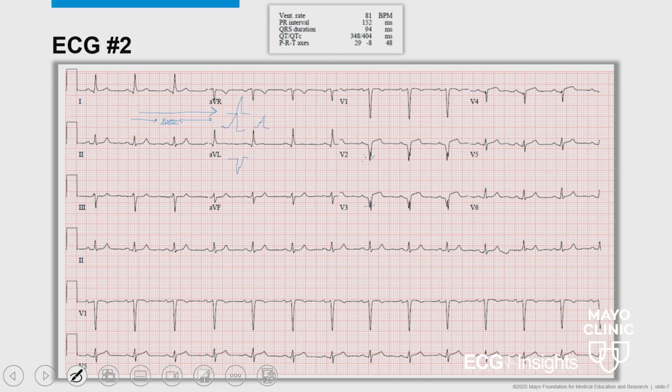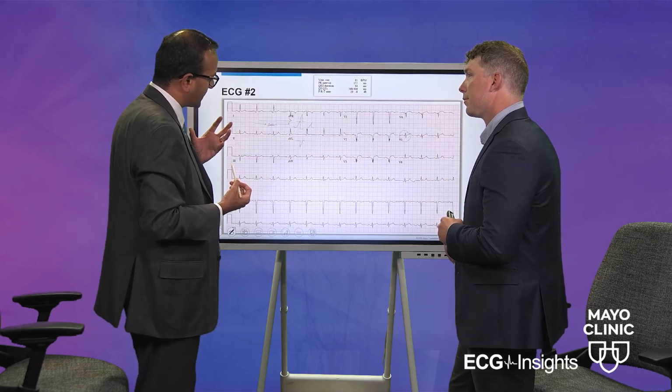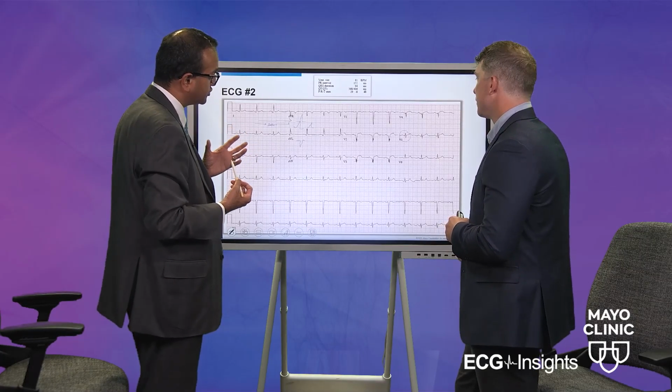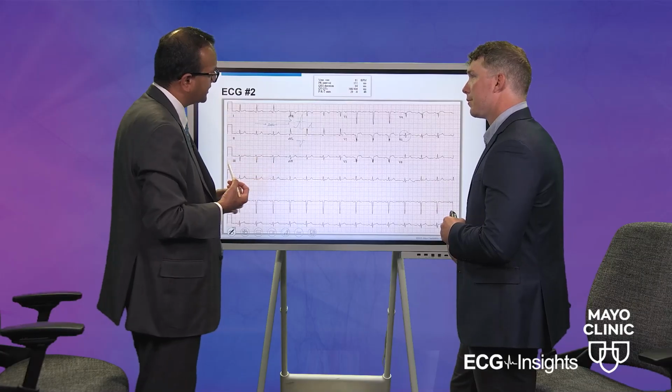Now here in V2, V3, V4 up to the apex, there is no R wave, and the transition is very late. So if you see really no Q wave, no R wave from V1 up to V4, you also know that the R wave, which is basically activation going towards an electrode, is lacking, so not much activation is going towards the anterior wall. That is also one marker that the ejection fraction is going to be slightly compromised in this patient.